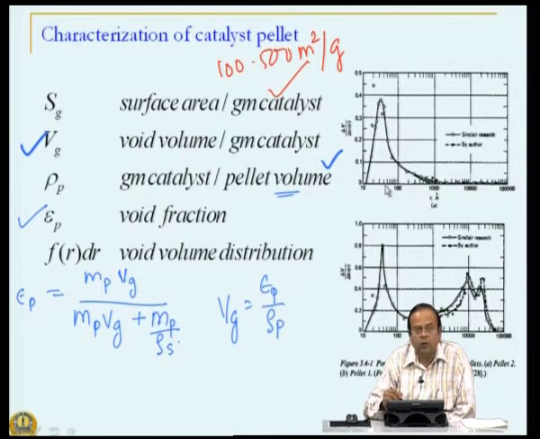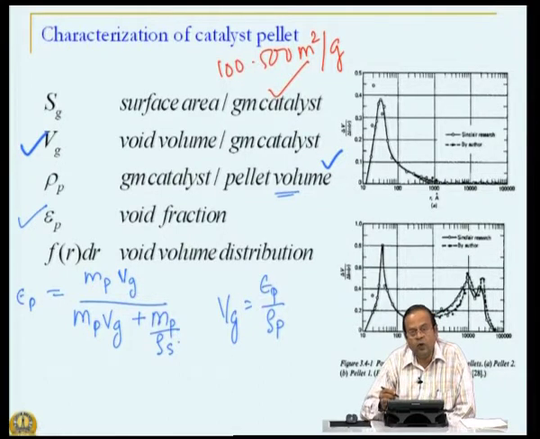So, it is a typical Gaussian distribution which says that the average size would be somewhere around this particular value over here, and roughly let us say 20 or 30 to 40 angstroms, but there is a distribution. So, there are pores which are as big as about 1000 angstroms, but their fraction is small. There are pores which are as small as 10 angstroms, but that fraction is also small. Majority of them is in this range.